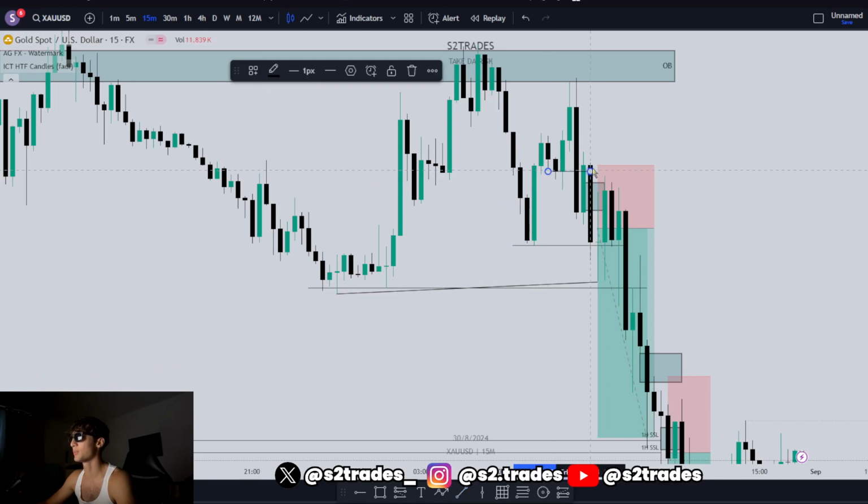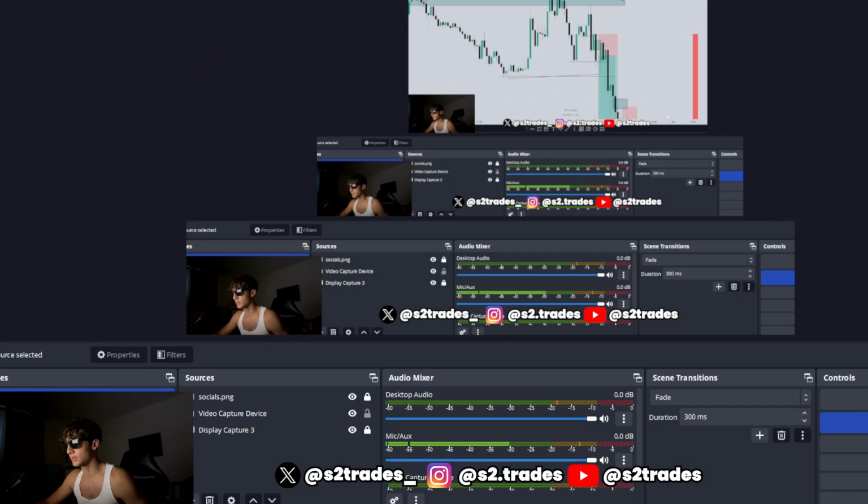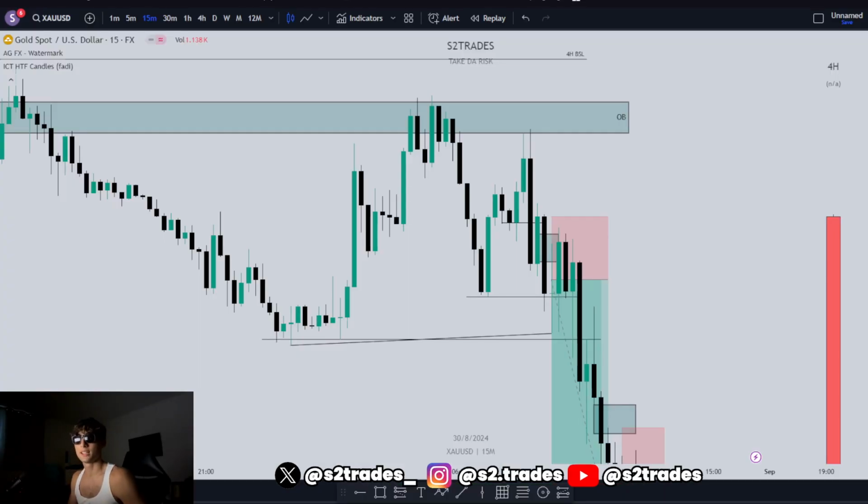It increases the probability of a setup occurring. It increases the chances of your setup hitting. So what that means is,